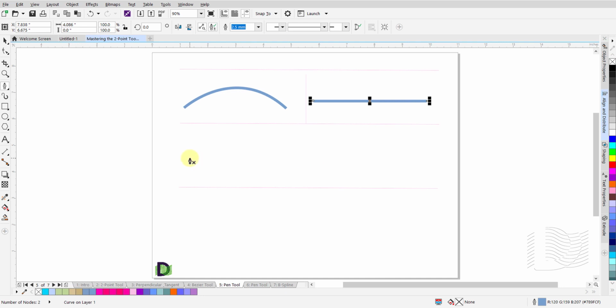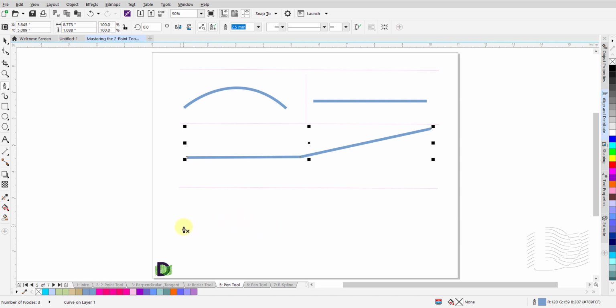And you can switch from drawing a straight line to a curved line, and vice versa, as segments of the same line. Let us draw a straight line segment, and then add another straight line segment to it. Click and release the left mouse button at the start point. Move the mouse to the intended end point of the straight line segment and left-click once. Move the mouse to the intended end point of the second straight line segment and double-click to complete this segment and release the cursor from the canvas.